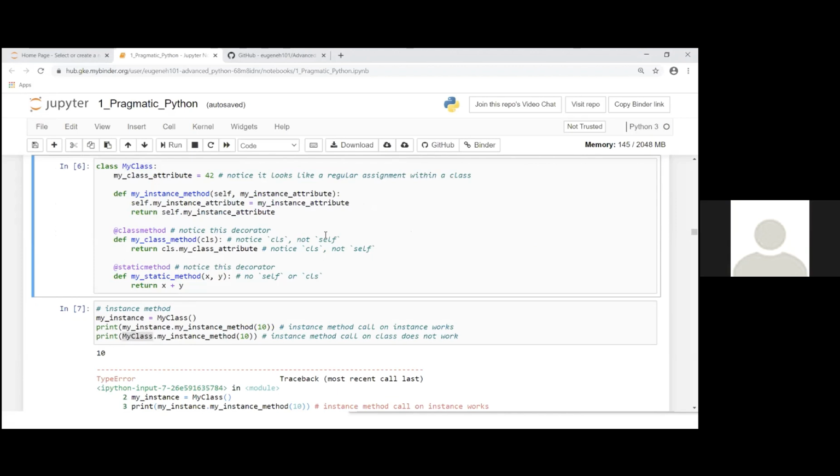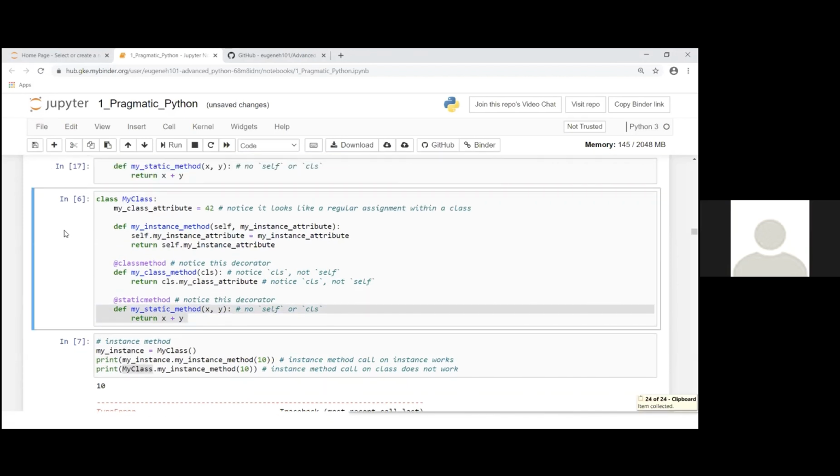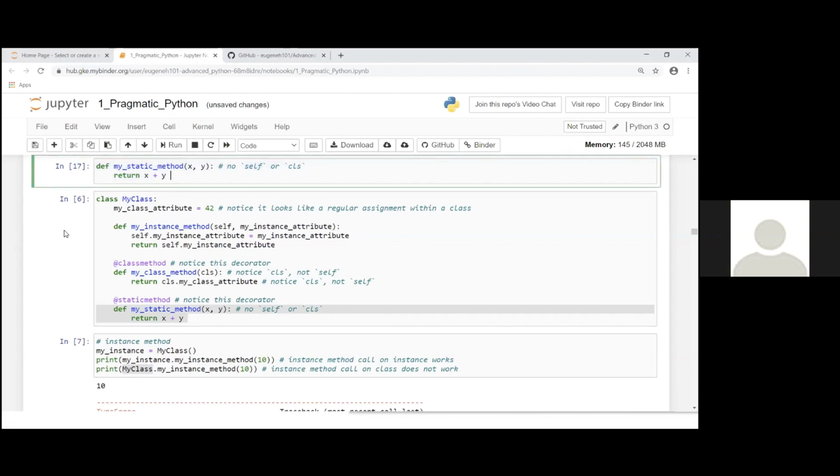Let me answer the second part of your question. When would you use a static method? A static method is basically a helper function that you want to pair with this class for some reason. Instead of just defining this as a static method, that's literally copy and pasting. That's effectively what it is. It's really just a regular function, right? It's got no self, it's got no class. So it's literally copy and paste, you stick it into the class or choose not to.